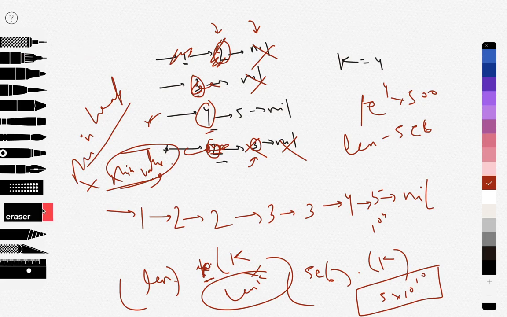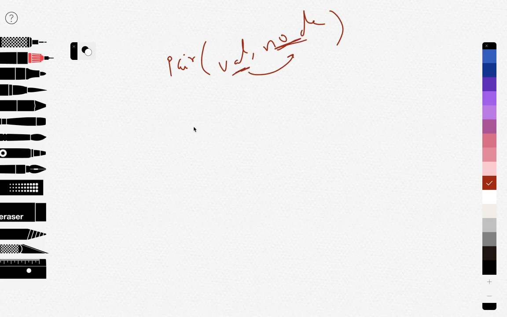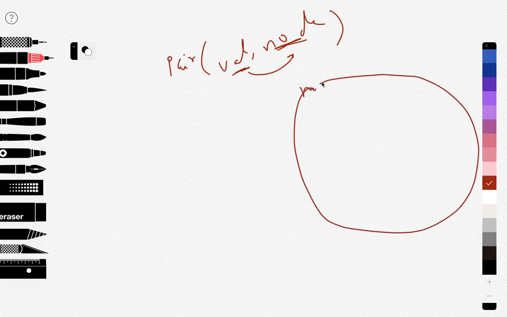Okay, so what we are doing is we are storing a pair of value and node. So this value is inside this node. This node is just the pointer, and this value is the value in that node, and we are storing every value in a min heap. So just think you have a big box, called the min heap box, and you are putting all the values here. So value 1 comma node 1, value 2 comma node 2, and so on.